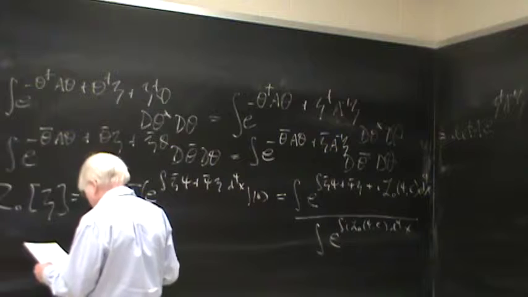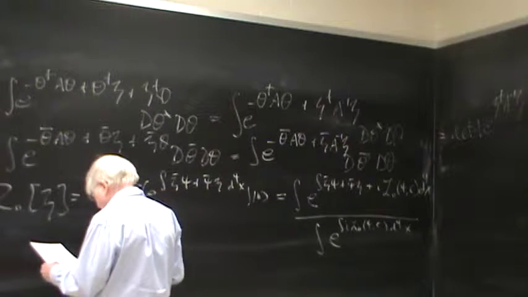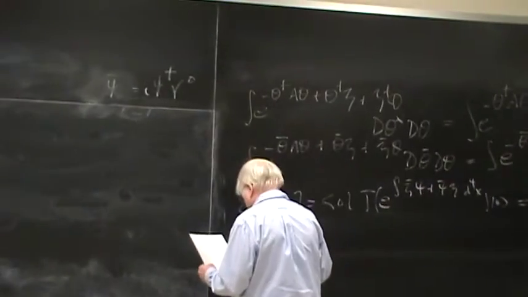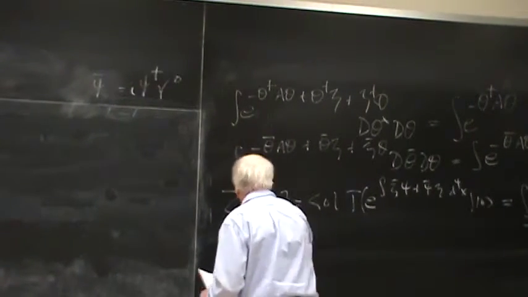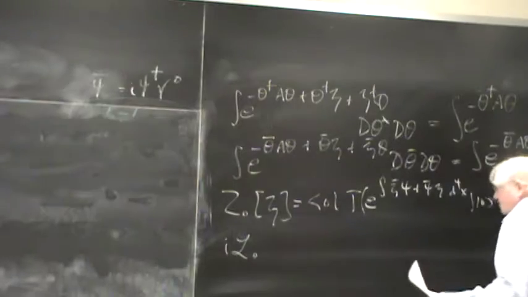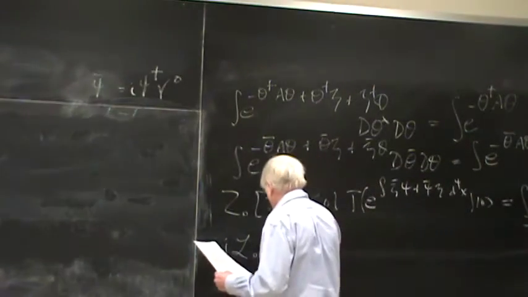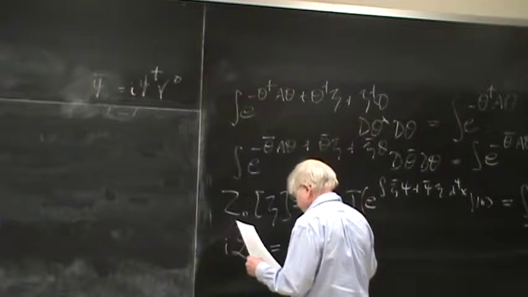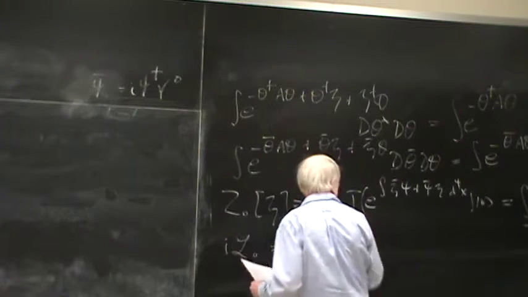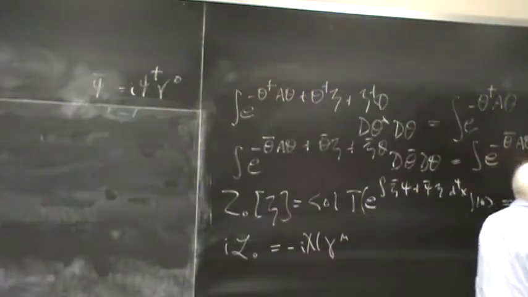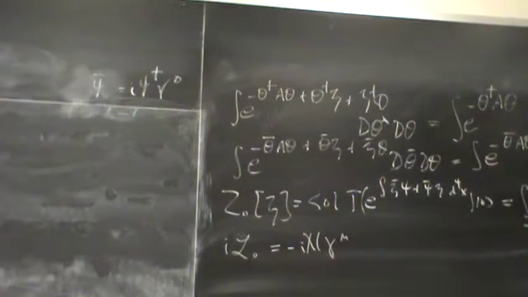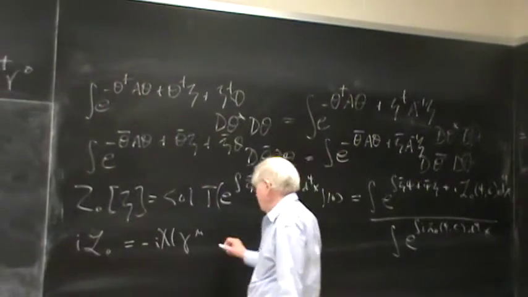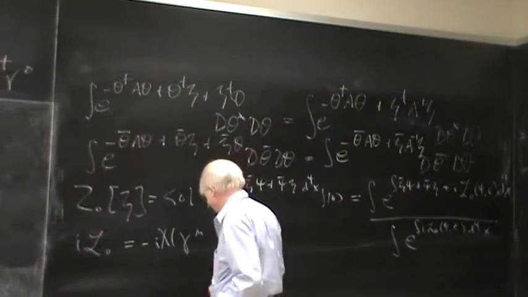That L0, or rather iL0, is what occurs there. iL0 is minus i gamma, well, I wrote it in terms of psi, I switched from chi to psi here. So if we stay with psi, then it's